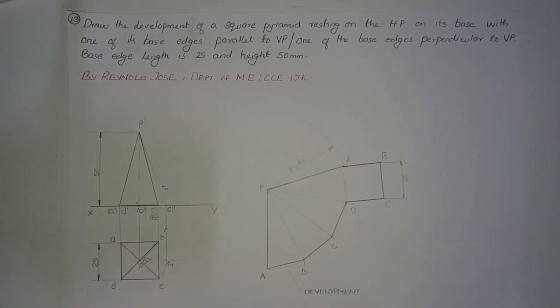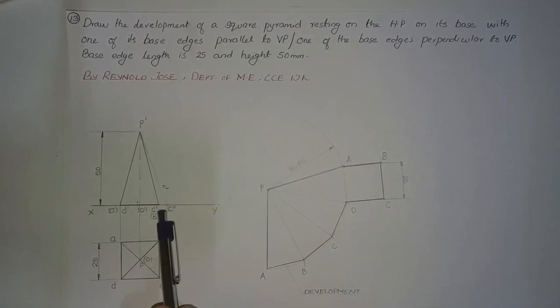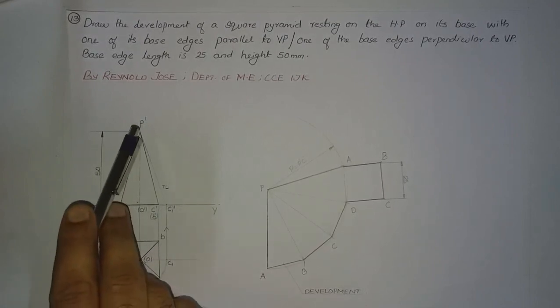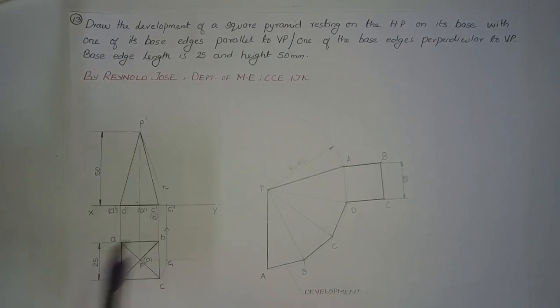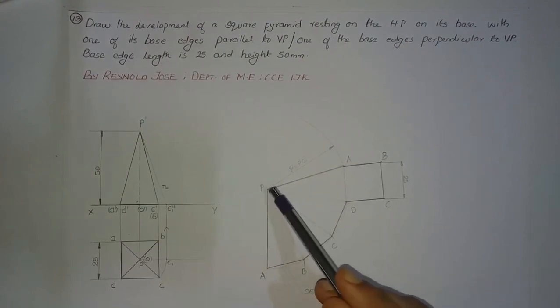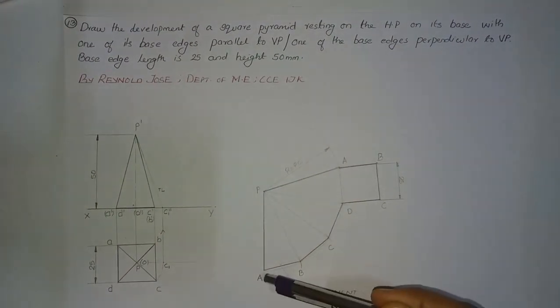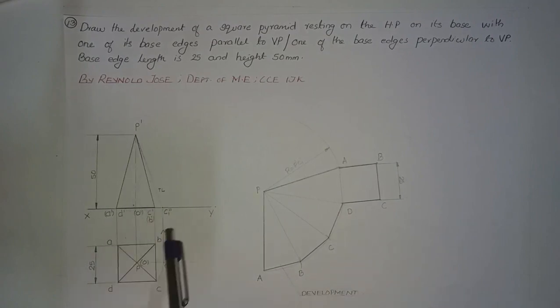So once again we shall have a quick review of the problem. The first step is drawing the front view and top view of the solid as per the requirement of the question and as per the dimension. So in this particular case, as we don't have the true length of a slanting edge, we need to find it separately using another procedure. We have drawn a reference line parallel to the XY line. We rotated it. Then C1. Then again we extended it up to the XY line, and then we have noted this point as C1 double dash. Then we joined P dash and C1 double dash using a thin line. So this line will give you the true length of a slanting edge.